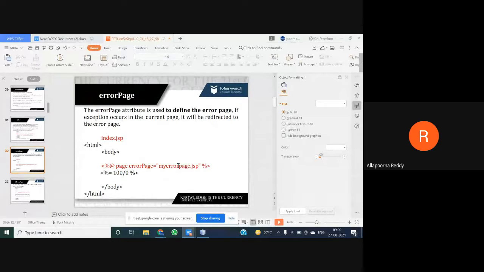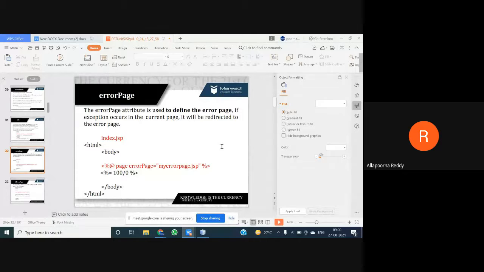It should redirect. So what happens when an exception occurs in the evaluation of your .jsp file? You want to move to another page which shows your error, my error page. That's why I saved it as myerrorpage. That time we use the attribute errorPage.